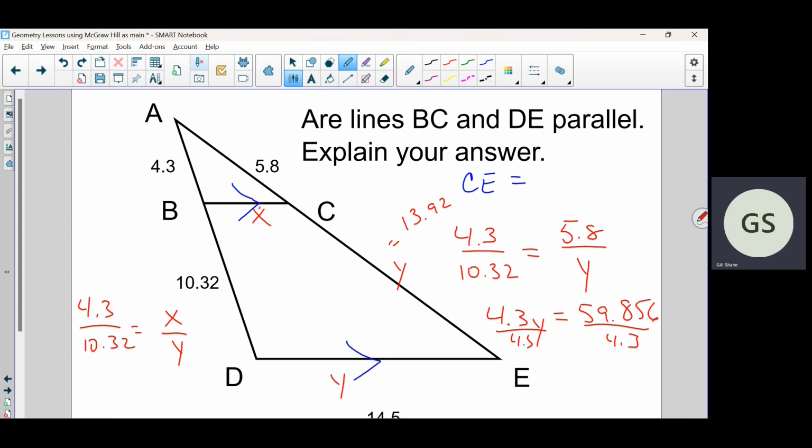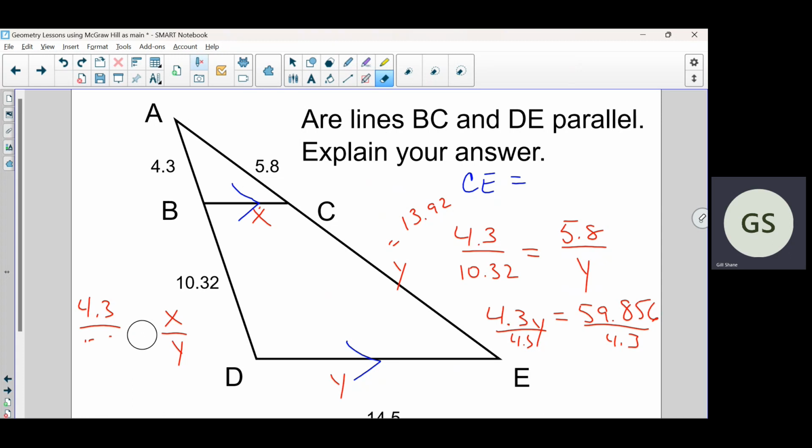No, it's part of one of the sides, but it's not the entire side. I can't compare this entire side of the big triangle to only this little section of the big triangle over here. What would I have to do to make that correct? Add 4.32. Perfect. I would have to say plus,